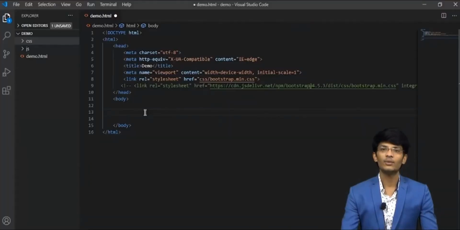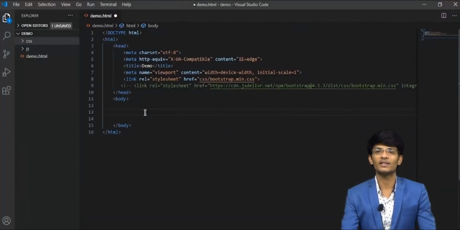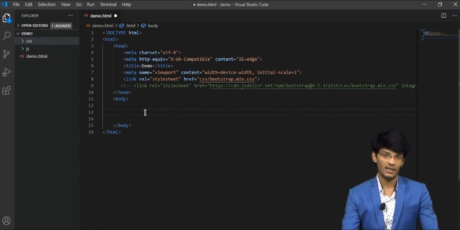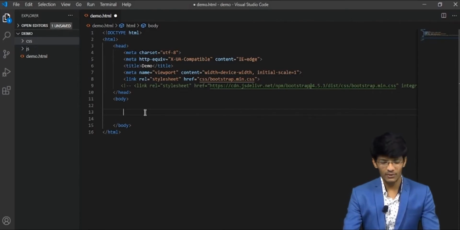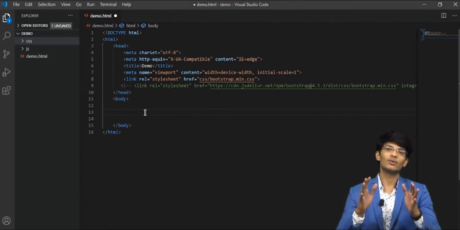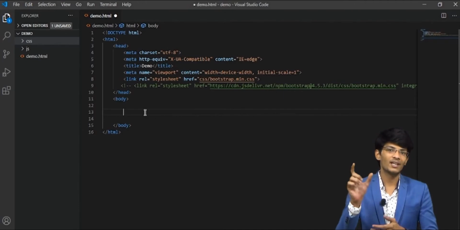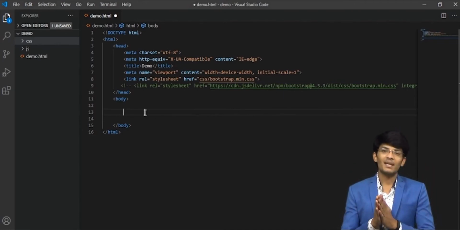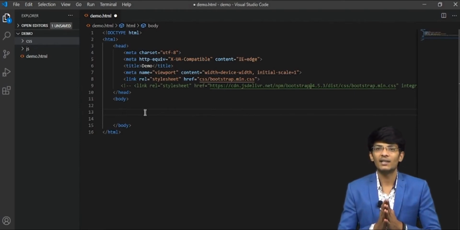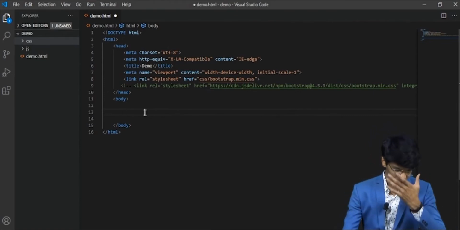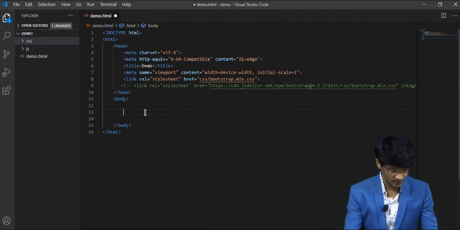As you can see, I have got that demo.html file in which we have linked the style sheet in our CSS folder, as well as the CDN from getbootstrap.com. In this tutorial we learn about some flexbox and containers. So what are containers? Basically, containers are the ones holding your content in a particular section. So let's see what a container is.